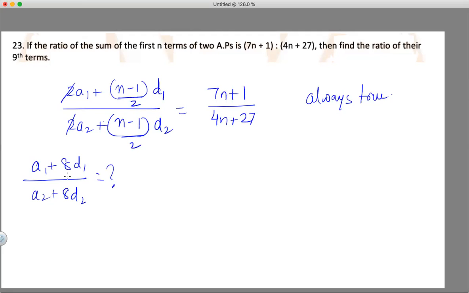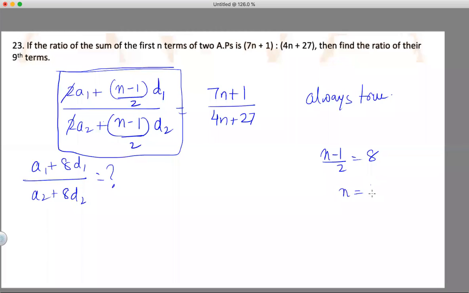तो अब देखिए, मुझे ये ढूंढना है। अब इसको कैसे किया उससे पहले ये समझिए कि अगर मैं n की वैल्यू 17 डाल दूं तो ये चीज क्या बन जाएगी? तो ये a1 प्लस 8d1 हो जाएगा, नीचे a2 प्लस 8d2 हो जाएगा ना। और वो कब होता है? वो तब होता है जब n 17 होता है, राइट। वो मैंने कैसे किया? मैंने कहा कि (n-1)/2 की जगह 8 चाहता हूं मैं, तो 8 लिख लिया, तो n इज इक्वल टू 17 मिल गया मुझे।